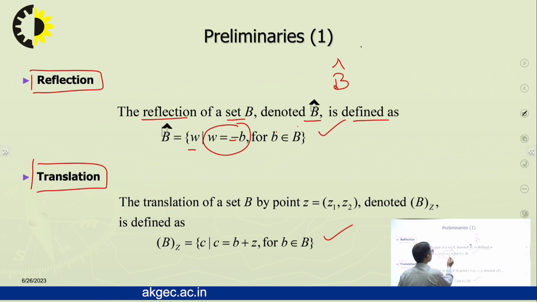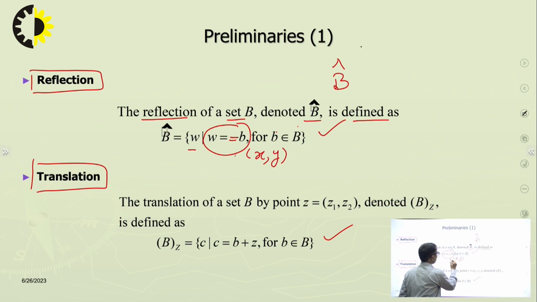So, this is a negative of the coordinates of b. If, for example, there is x, y coordinate for b, then minus b will be minus x